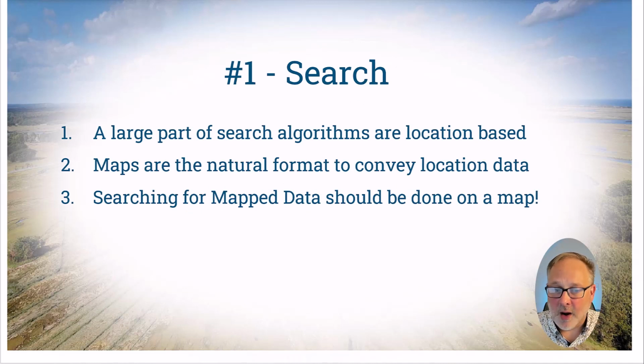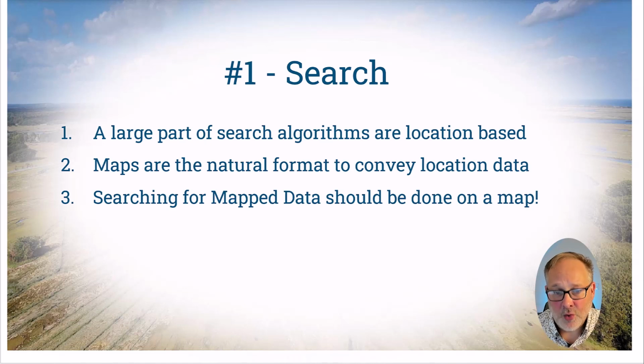A large part of your search algorithm is based on location. When you search for something, location is one of the factors that is part of what you want, like pizza places near Boston Garden or whatever. Google knows where you're at. It has your IP address or your GPS location, and that matters. I don't really care about a pizza place in Anchorage, Alaska. I want to know things that are close by. So inherently, location has always been a part of search. So this kind of makes sense.